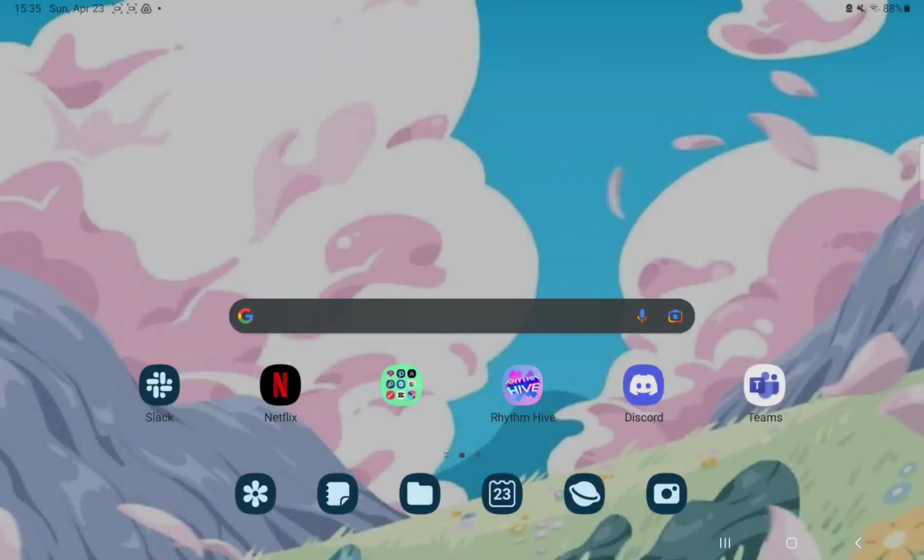Hello guys, in this video I'm going to show you how to change the app icon on the RHYTHM HIVE